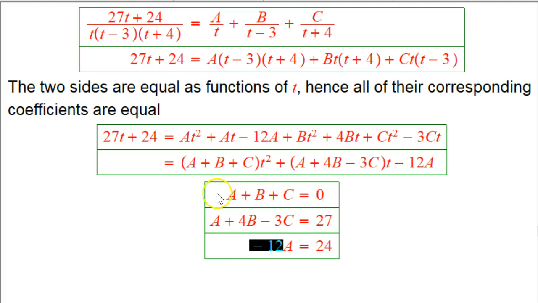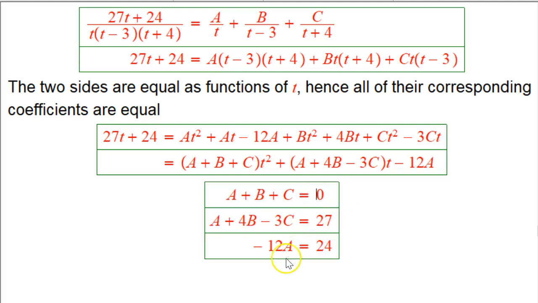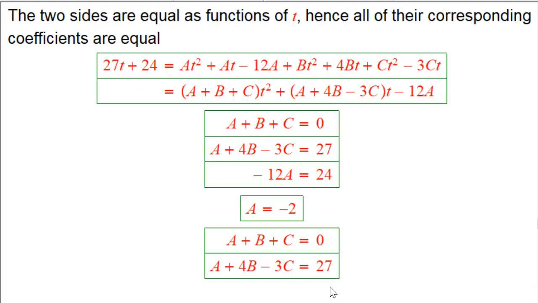In general, you're going to get a system of linear equations here, and the bigger that system is, the more work you have to do and the more sophistication you'd like to have to solve it. But in this case, it's going to be relatively simple because we're going to get a right off the bat, and then the rest of it shouldn't be too hard. So let's go ahead and do that. A is going to be minus 2. Okay, so let's just go ahead and get this copied down, but we'll plug in the fact that a is